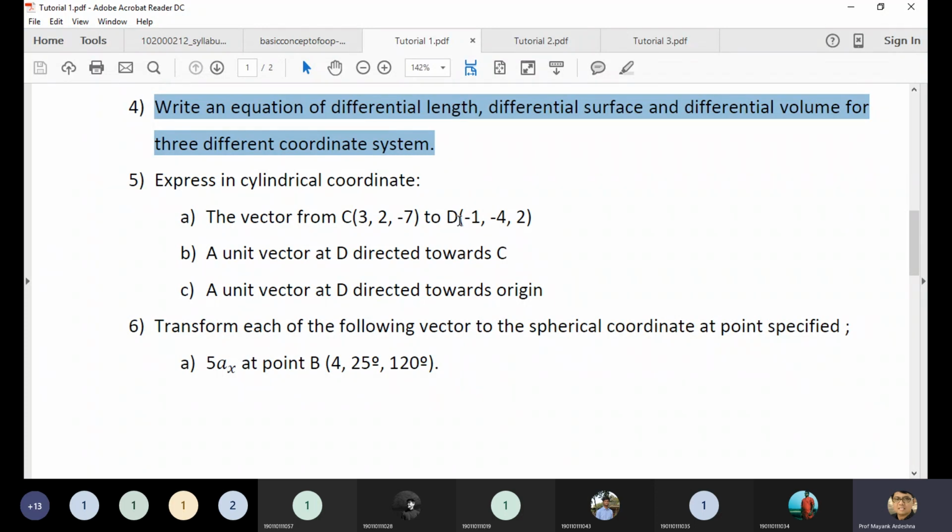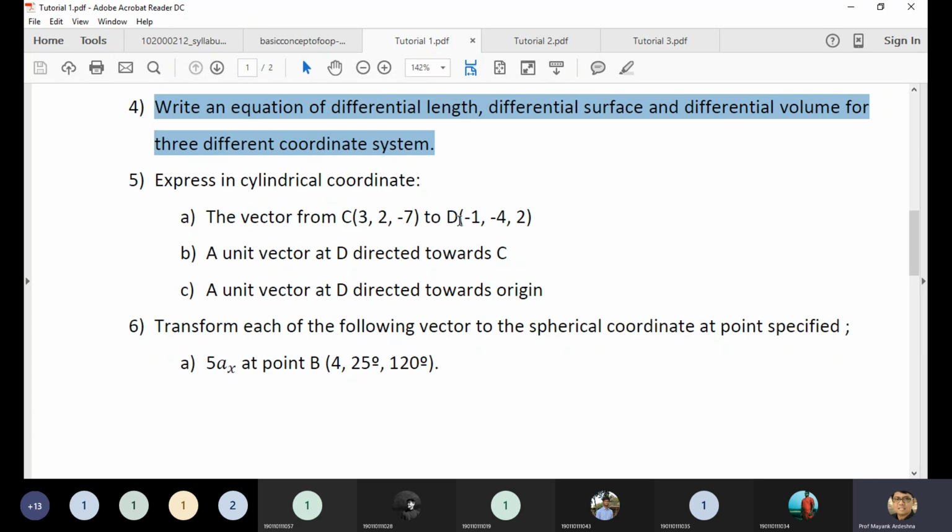Now you have to put this vector in matrix form, because they are asking to convert this vector into cylindrical coordinates. So all the values should be in terms of rho, phi and z. The matrix is already discussed and is already given in the book. You put in this matrix, multiply by the x, y and z values, and you can find the answer of the first one.